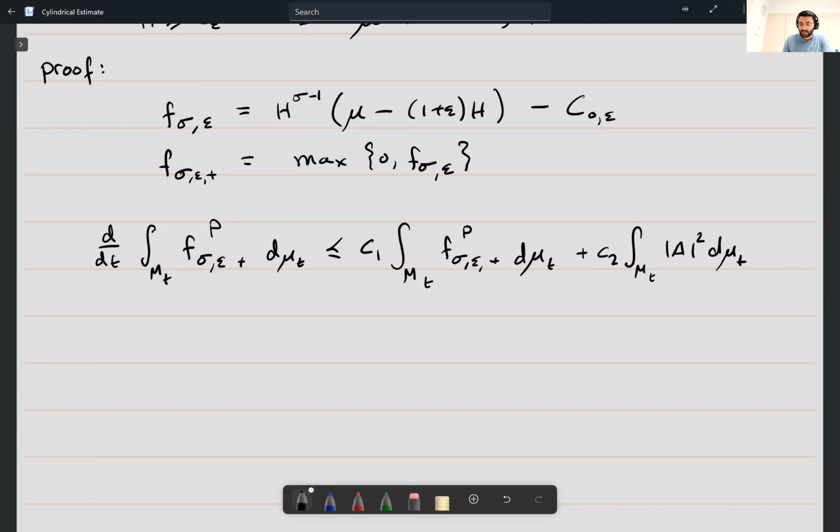In this case, this doesn't look like it's less than or equal to 0, but that doesn't really matter because we can remember that mean convex surfaces satisfy this inequality. So this a squared over here, I can replace with something less than or equal to C1 times